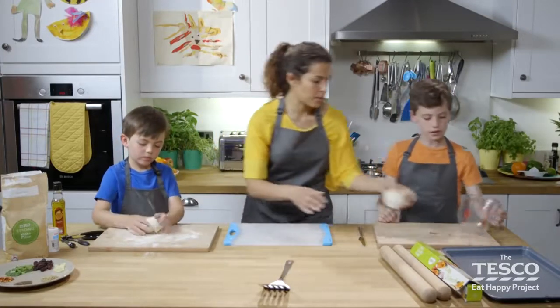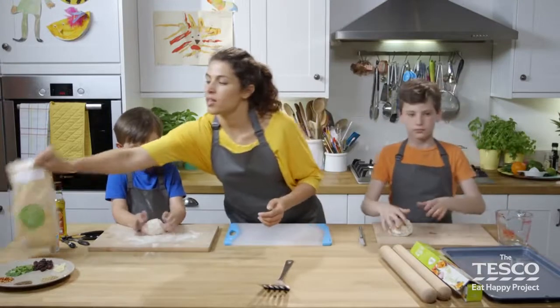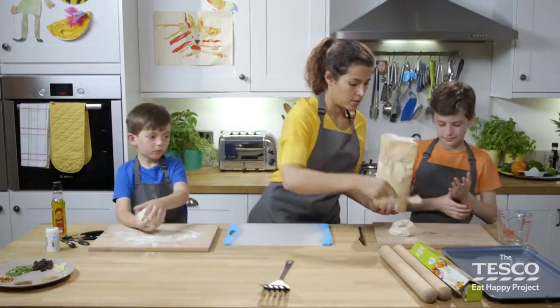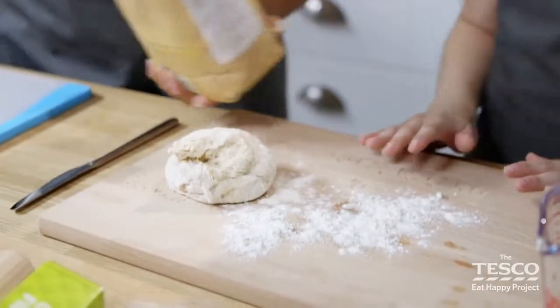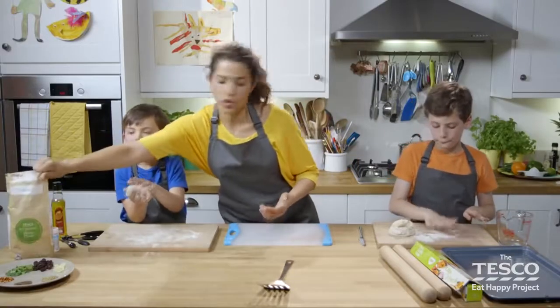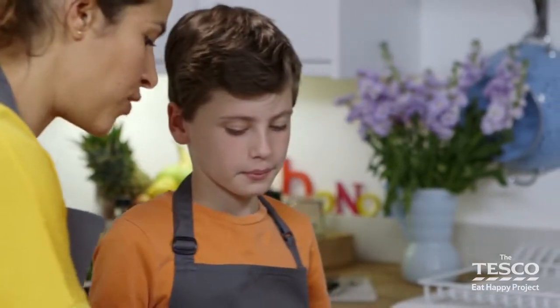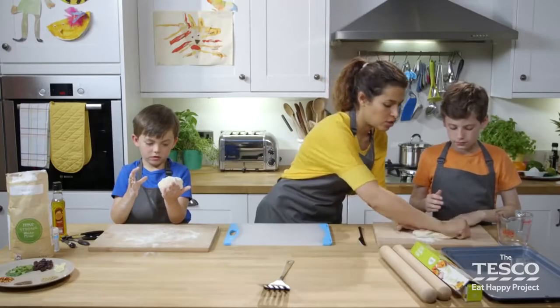There we go. If you work with that bit. Thank you, Dominic. Let's get you some flour too. I know, it's really sticky stuff. You'll know it's nearly ready after all the kneading because it'll start to come away from your hands and your fingers. There we go. If you can give it a pat down, and then I need you to stretch it